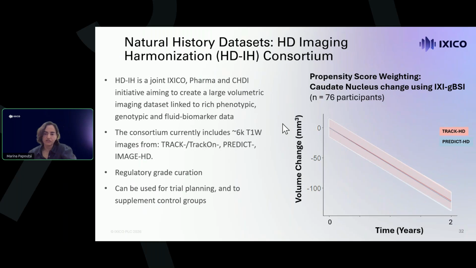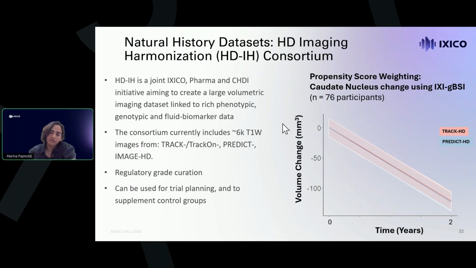Like in this case, we use the IXICO generalized BSI method, and this is data that Jeff included some of in his talk. This can now be used for clinical trial planning, but also to supplement control groups, for example, in hybrid designs. One of the questions we often get, obviously, is that there are different studies included in this dataset. TRACK and PREDICT were done very differently, with sites having different ways of collecting data and harmonizing across sites. But one of the advantages of using modern methods like IXICO GBSI is that these deep learning methods have been trained to account for some of this variability due to differences in image quality,